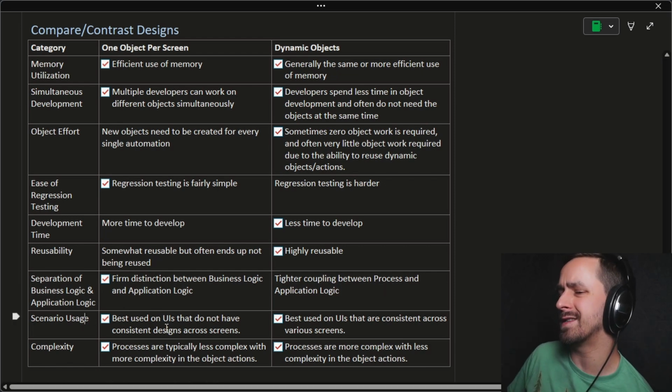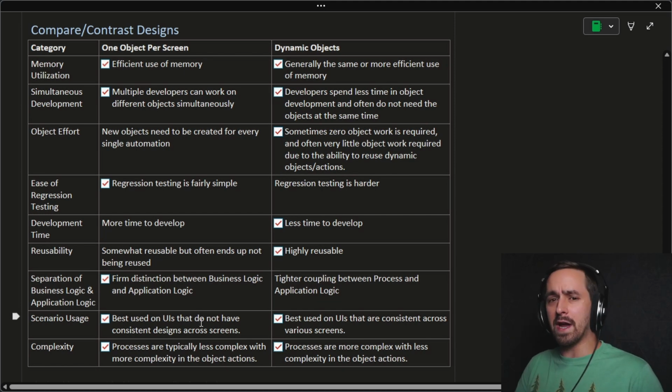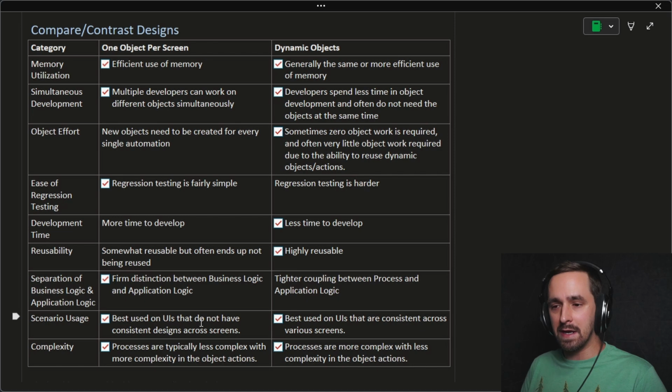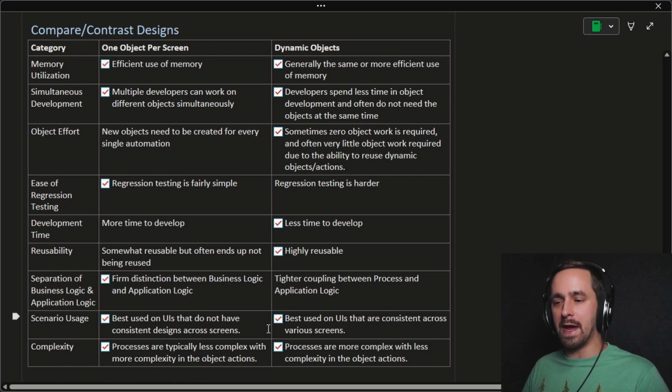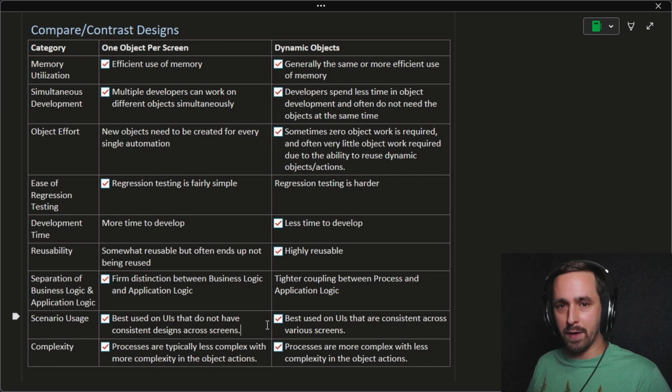Scenario usage. This is what I'm trying to go for here: what kinds of user interfaces, what kinds of applications can you use each of these in? And that's where I'm giving both of these a checkbox, because I'm going to say that one object per screen is best used on user interfaces that don't have consistent designs from one screen to the next. It's just super solid to handle it this way. The other thing is if you're just not sure how the rest of the application is designed, one object per screen is a fantastic way to go. And you might as well just start that way